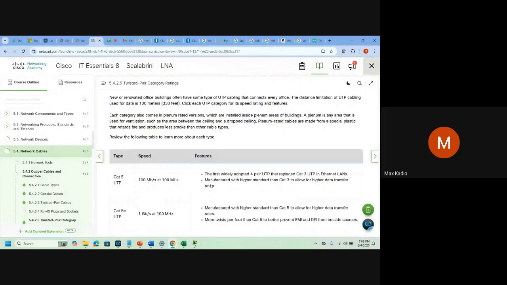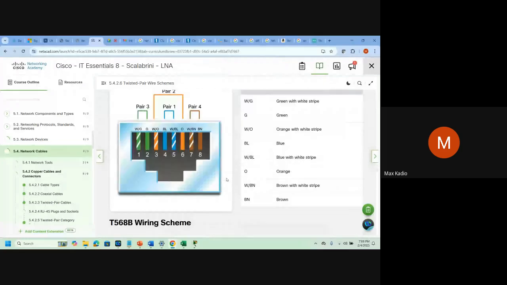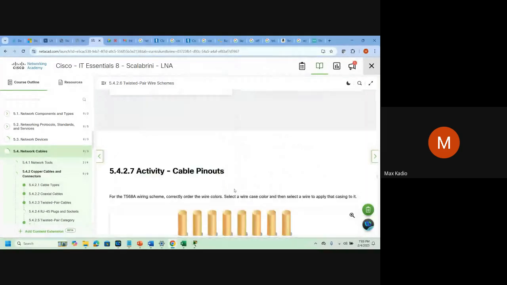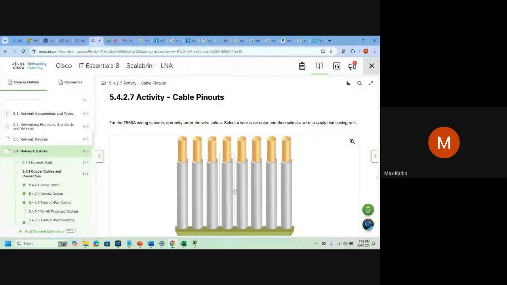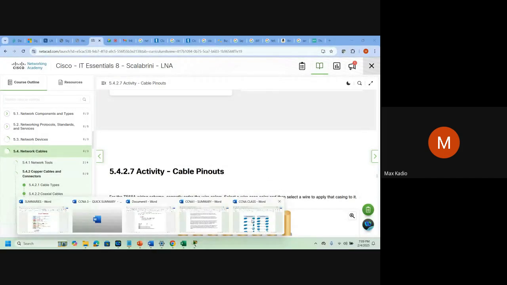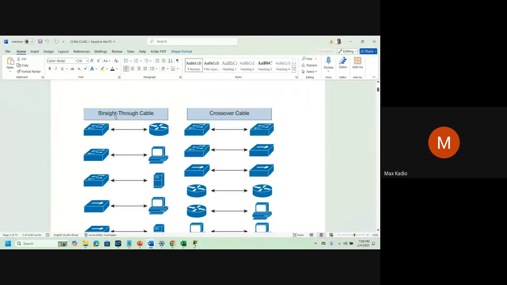And inside, we're going to explain a lot of stuff here, but we don't need them because we don't do them anymore. But it's good to know if it asks you how to identify this cable. If it gives you a network cable, how will you know it's a straight cable or a crossover cable?